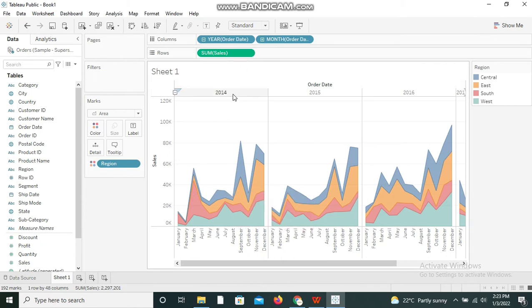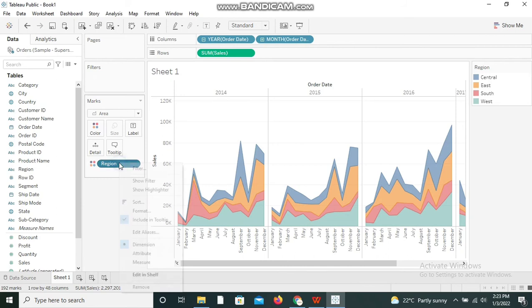So you can see, right, 2015 we have different months over here. From January to December. 2014 there is an area chart plotted, and again 2015 there is another area chart, 2016 another area chart. Likewise we can see the time period has been broken down and plotted into buckets.